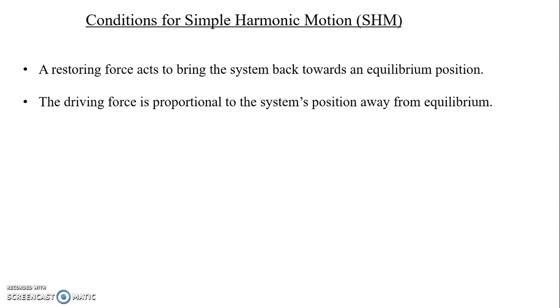This is all typified really in just one equation, Hooke's law, F sub s equals negative kx. So clearly the spring force is proportional to x, the position away from equilibrium, and that negative sign means that whichever way the system is stretched or compressed away from equilibrium, the spring force acts in the opposite direction. You stretch the spring out, the spring force tries to pull it back in. You compress the spring in, the spring force tries to push it back out to its natural position, its equilibrium